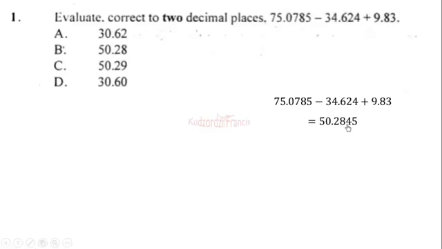Then we consider the next number, which is less than 5, so we don't add anything, and that will give us 50.8. So the correct answer is 50.8, which is option B. Now let's look at question